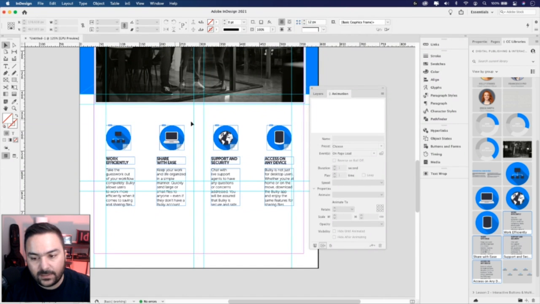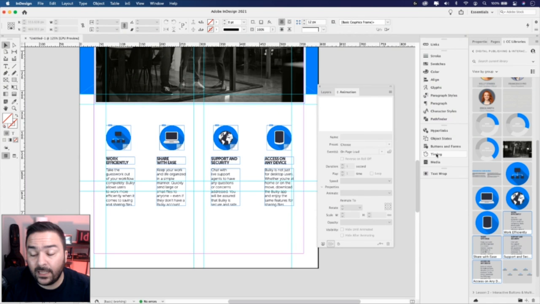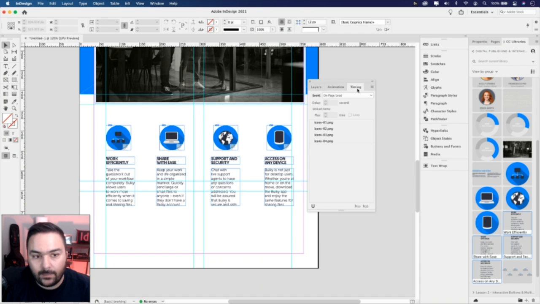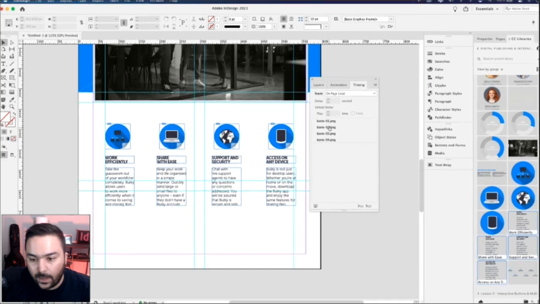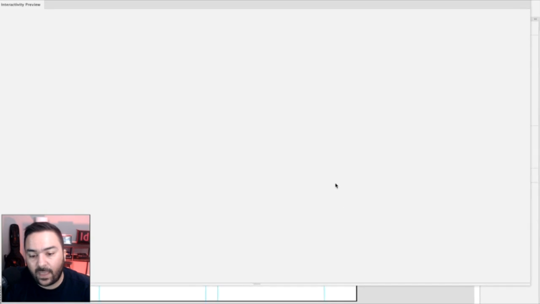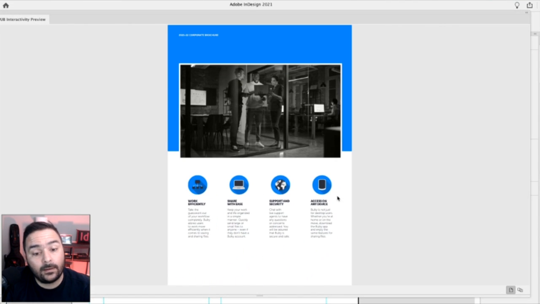But what if I want them to all come in together at the same time? This is where you're going to need the timing panel. I'm going to drag that into the same window here, timing, which you could also find under Window, Interactive, Timing. Do you notice here, icons 0, 1, 2, 3, and 4? They're all there, but they're playing in that order. I'm going to click on one, hold my Command key, click the others, and down below on the right-hand side here, there's an option to play them all together. I'm going to press that, and let's see now, instead of having them come individually, they all come in on that custom motion path that we created together.